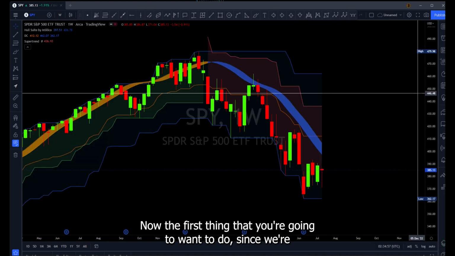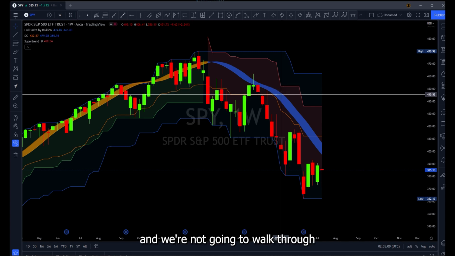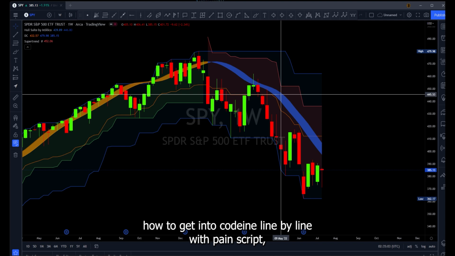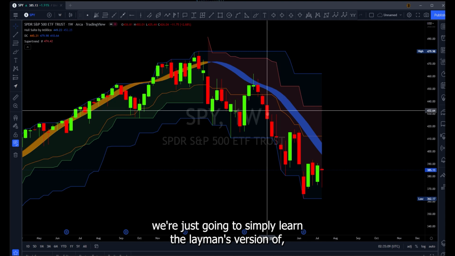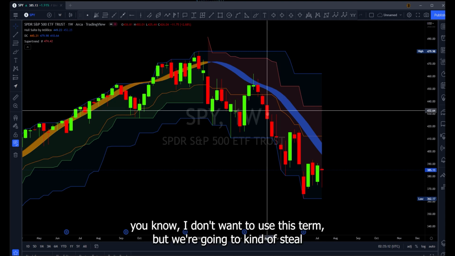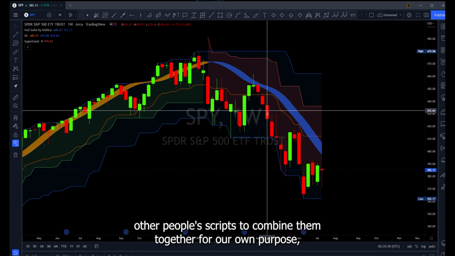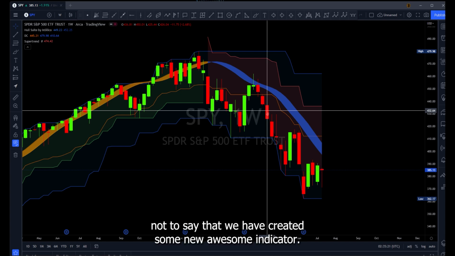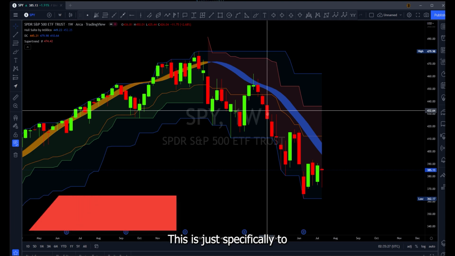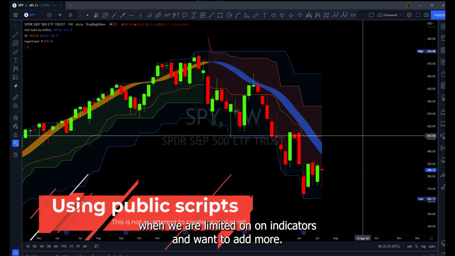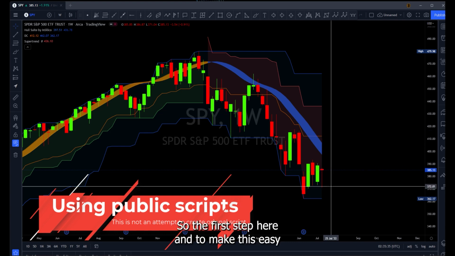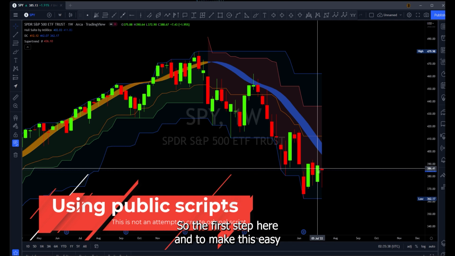Now, the first thing you're going to want to do, since we're not going to walk through how to get into coding line by line with PineScript, is learn the layman's version of, and I don't want to use this term, but we're going to kind of steal other people's scripts to combine them together for our own purpose. Not to say that we have created some new awesome indicator. This is just specifically for our benefit when we are limited on indicators and want to add more. So the first step here, to make this easy,